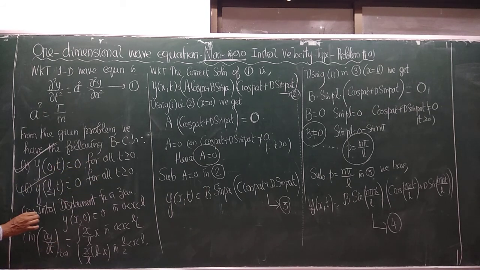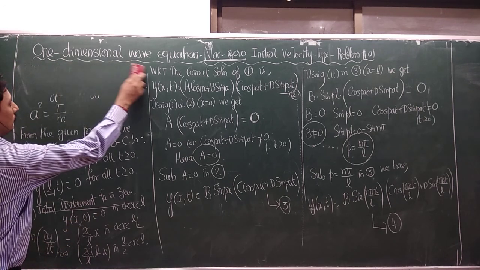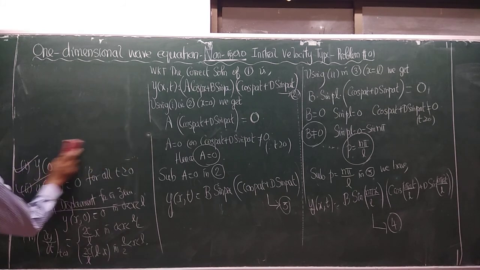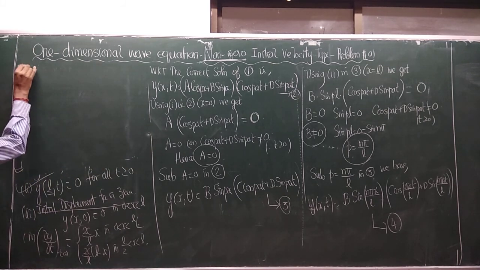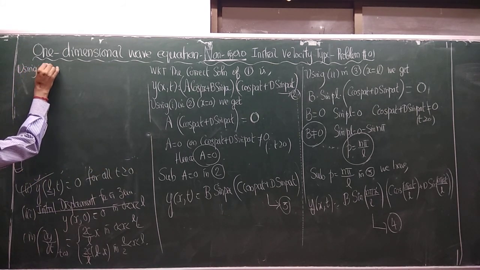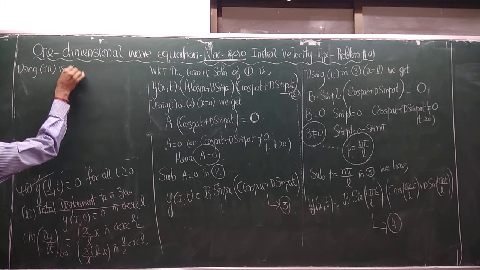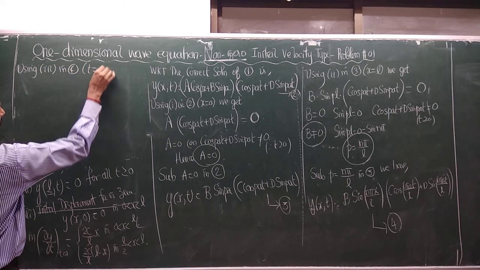Now the third one is that the initial displacement is 0. That means when time t equal to 0, the displacement is 0. So can we apply the third boundary condition here? Using boundary condition number 3 in equation number 4 by putting t equal to 0, we get